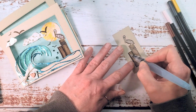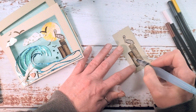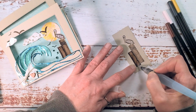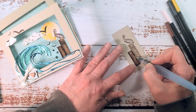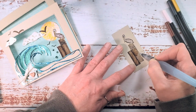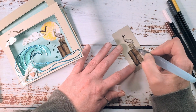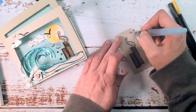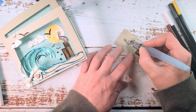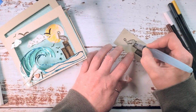Now with the aqua painter, it'll just melt that watercolor pencil, and it really brings all those pigments out. Avoid the little ropes, but make sure you get in between them. And you want to clean off your brush. I'm just going to use the scrap here. We're going to cut this out. Make sure your water runs clear, and then you can swipe over the